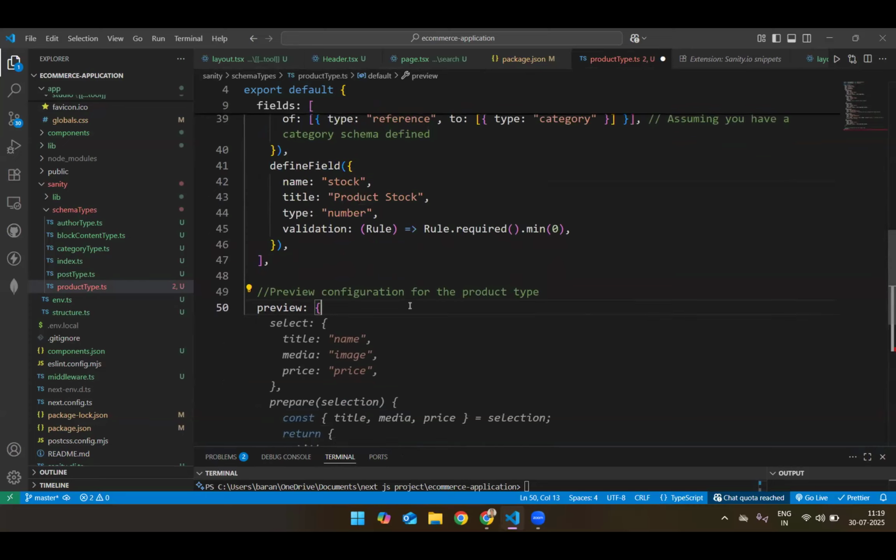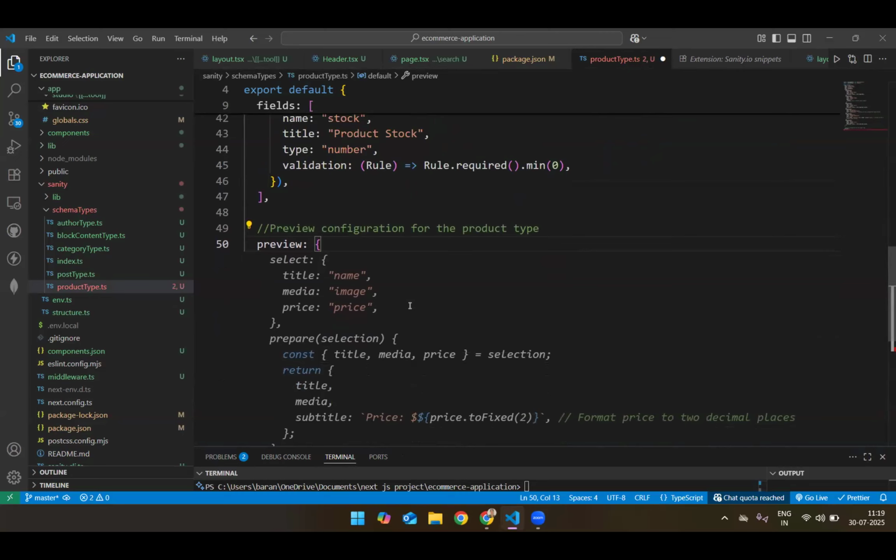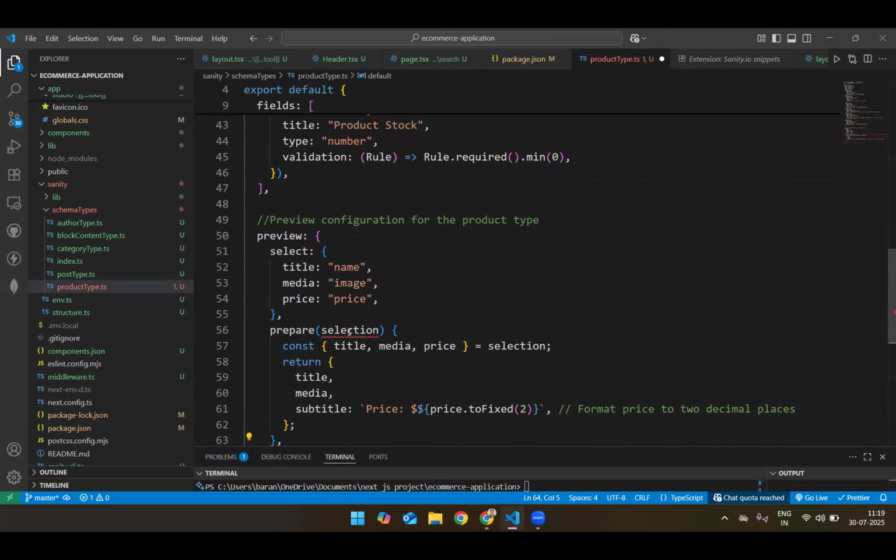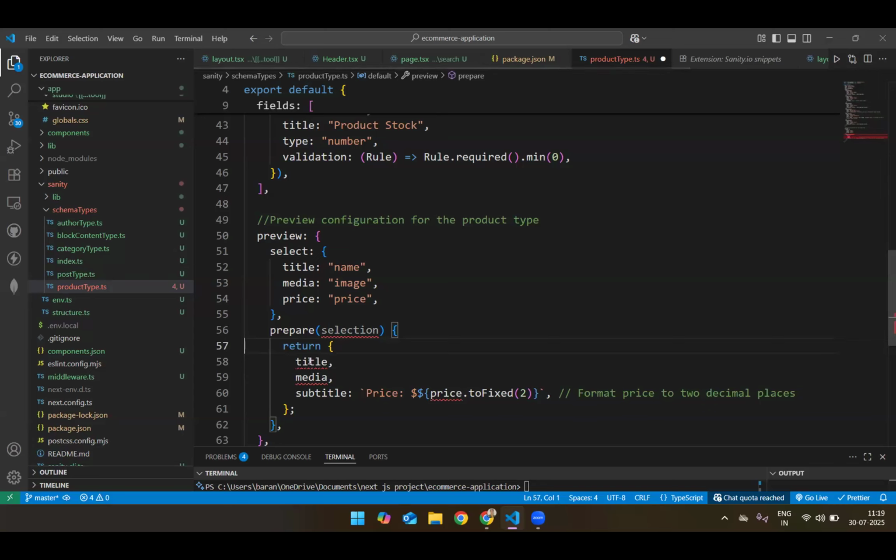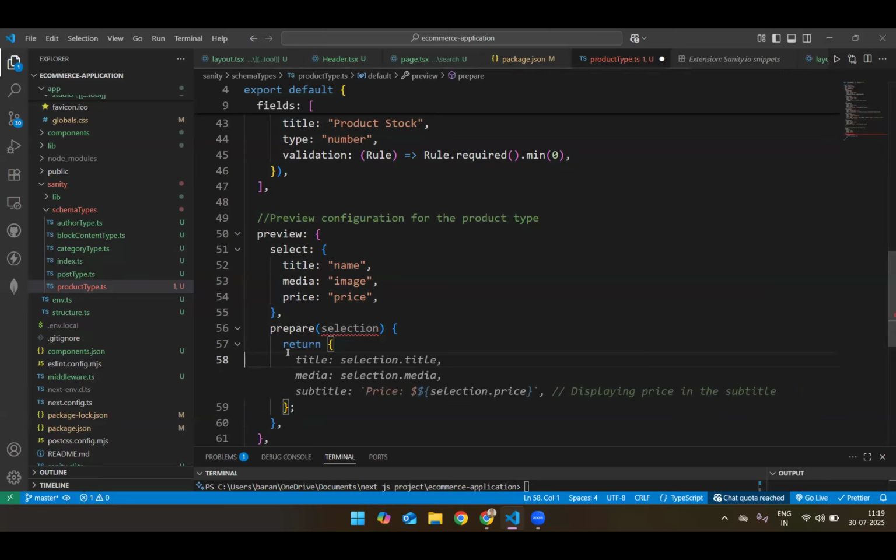So we can define how our product will be displayed in the preview. So I have preview, select image. So in the return. So don't worry about this